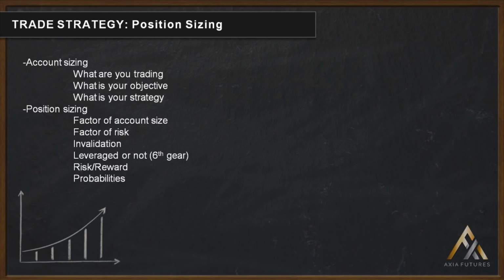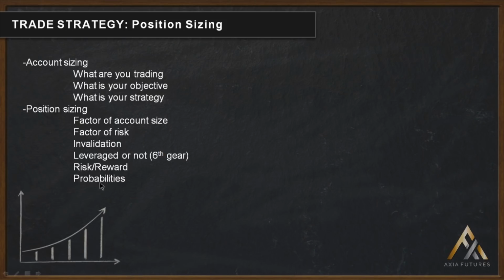By definition, leveraged products are all about timing, and we'll talk a little bit about timing when we go through the Trading Technologies price ladder. So again, just make sure that you're putting stops where a strategy is invalid. Again, is the product leveraged or not? If you're not trading a leveraged product, you won't need as much risk as you would if you're trading a leveraged product. Then risk reward.